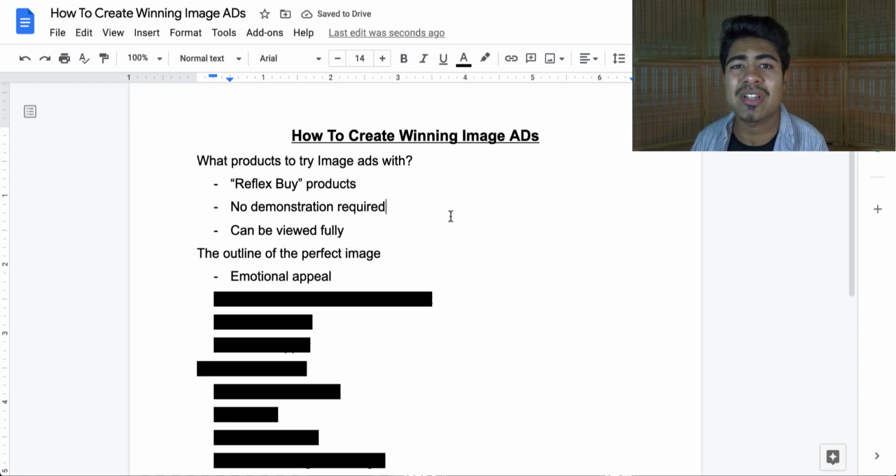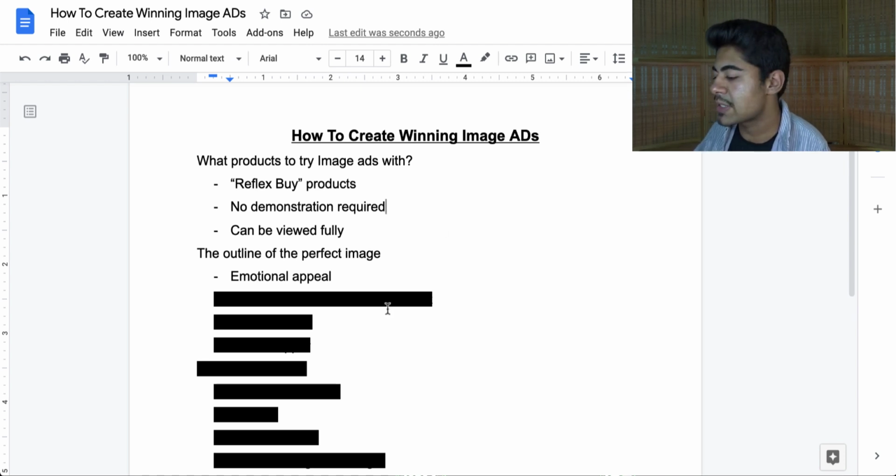Let's face it, emotions are what sell regardless of whether you use a video ad or an image ad. So when it comes to an image ad, you want to make sure there is some kind of emotional appeal in that image. Maybe there's people smiling in there, maybe there's little kids laughing in there, or some kind of emotion is getting induced just by looking at this image. When that happens, that is what is going to make the person click on the ad. That is what's going to drive your CTR upward. So that is why emotional appeal is number one on my list,